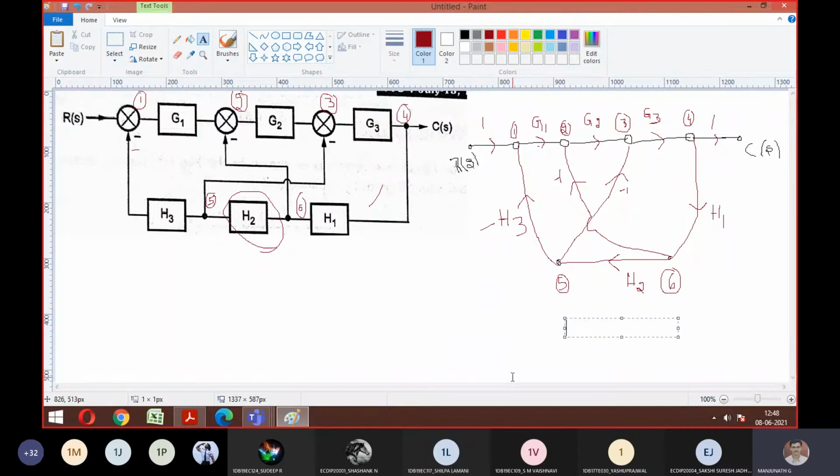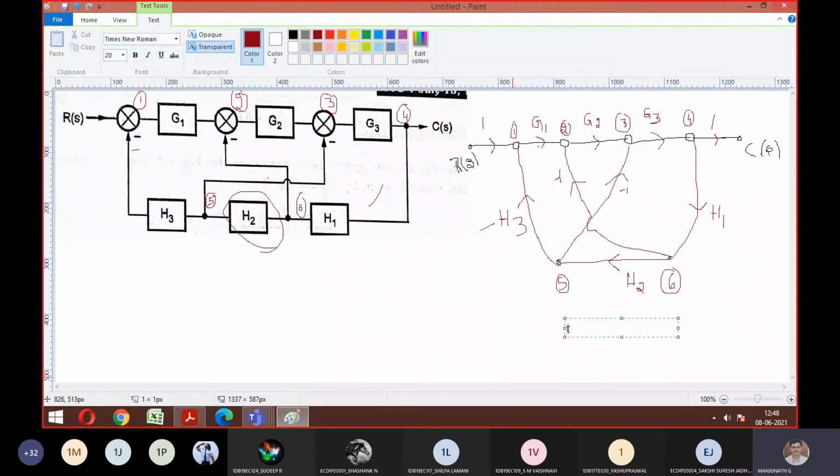So now tell me how many forward paths you have. 1, sir. So you have only one. Everyone agrees there is only one forward path, guys. Forward path means what? Input to output. You can see all the remaining ones are feedback paths, coming from output to input. So the only one is the straight one. So from input 1, G1, G2, G3, 1. So simply we can write G1, G2, G3. Hence this is your only one forward path. So it means K is also equal to 1. Is it okay with step number 2 after writing the signal flow graph?